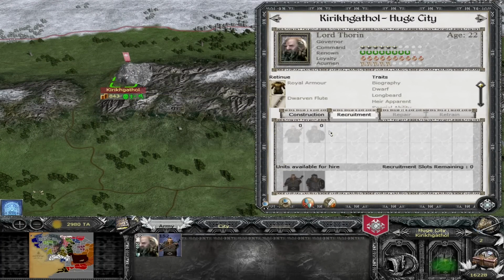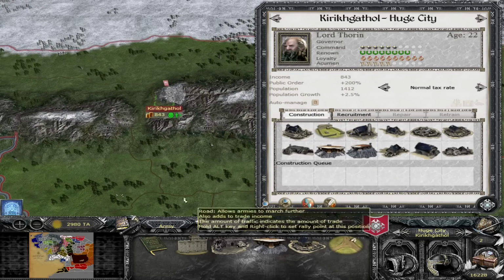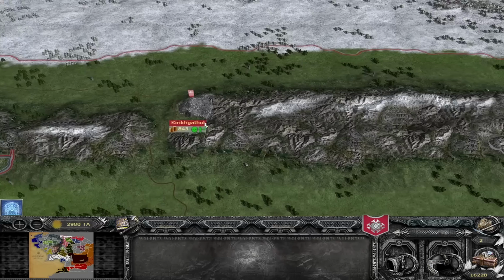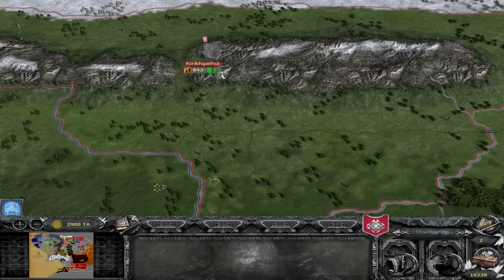Now do note you don't have a meeting hall, so you can't recruit anything in Kirit Cathal immediately, so you will have to get the pipe hall first constructed to be able to train troops here. I'd recommend, the mines are good for income. Start off with this place with income, though I would say start with pipe hall, then go into mines and trade buildings and get the Orocarni clan hall. As you start to kind of get your economy rolling and you start to take more settlements in the west, I'd say get the